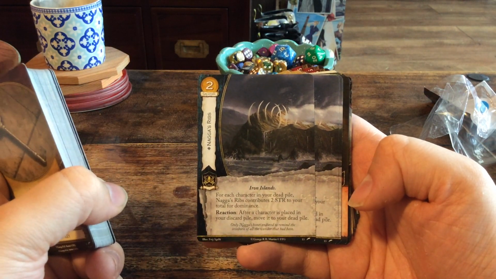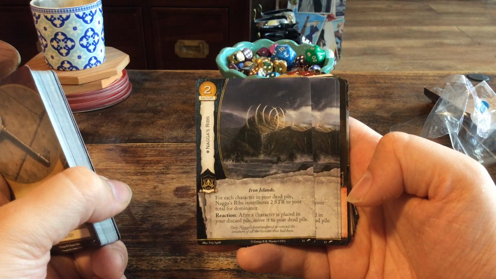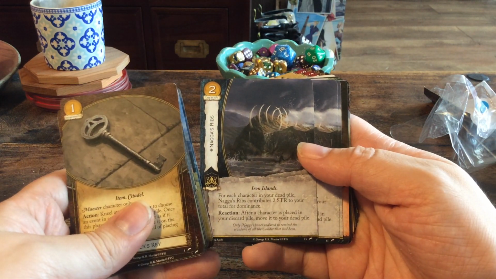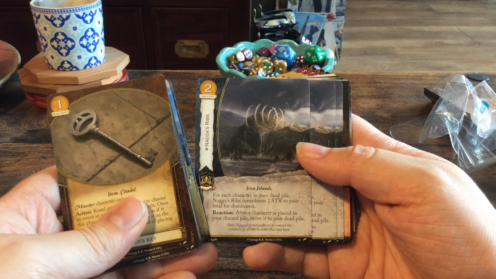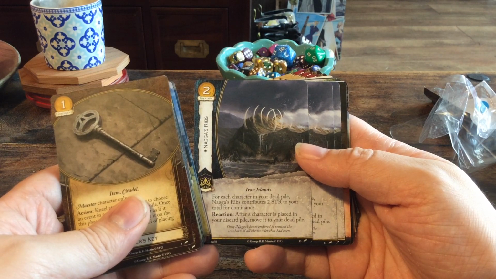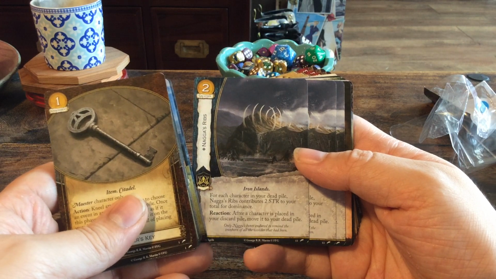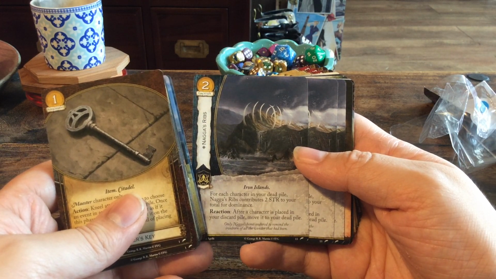We have Naga's Ribs for 2, also for Greyjoy. For each character in your dead pile, Naga's Ribs contributes 2 strength to your total for dominance. Oh, that's cool. And as a reaction, after a character is placed in your discard pile, move it to your